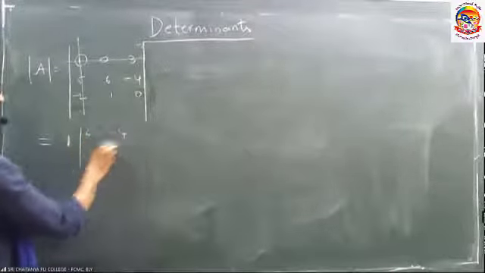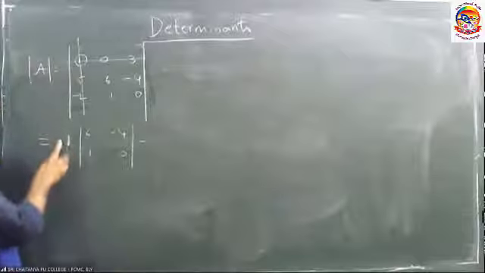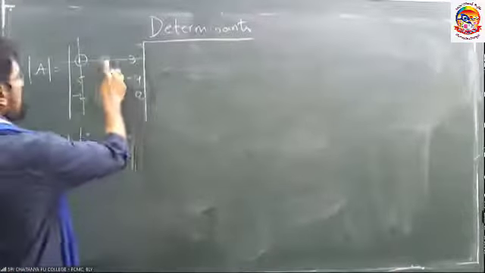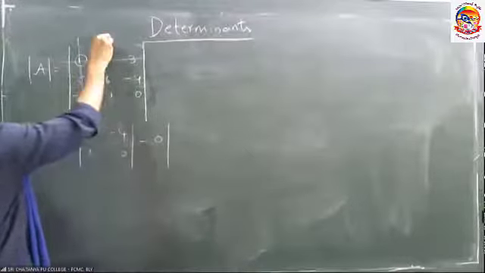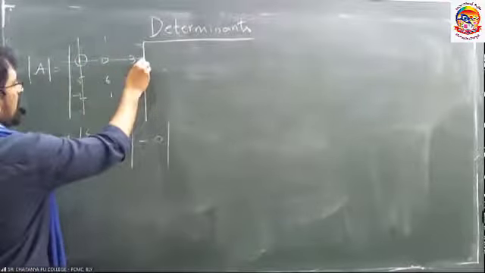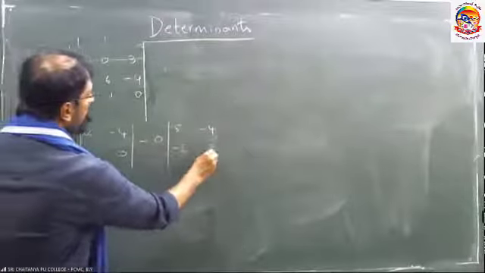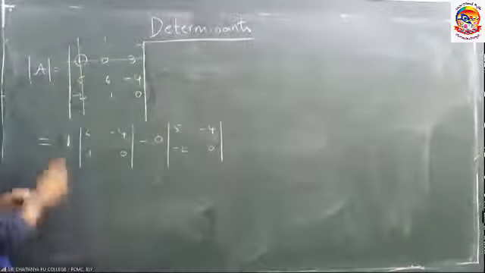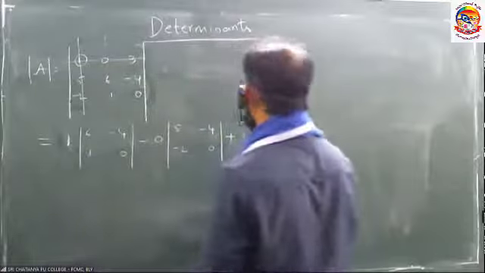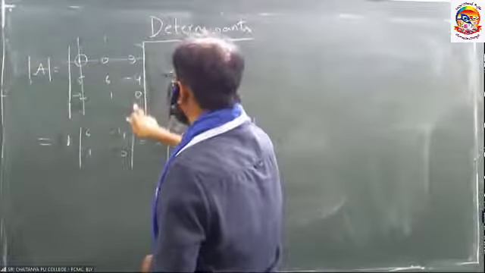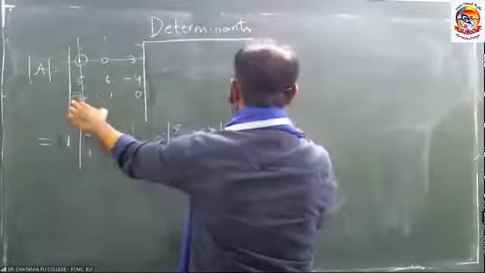6, minus 4, 1, 0. Minus, here positive over negative. 0 into the next element. This is 0. Excluding this column and this row, you are going to get 5, minus 4, minus 2, 0 as the elements. Positive, negative, positive. 3 into, just exclude this column and this row, you are going to get 5, 6, minus 2, 1.